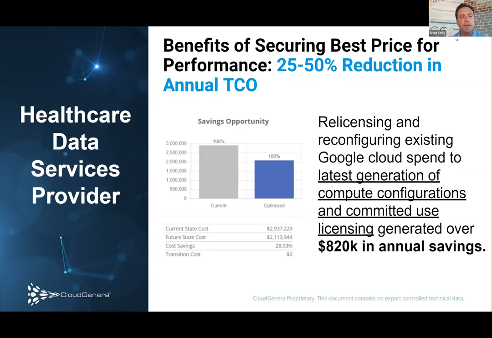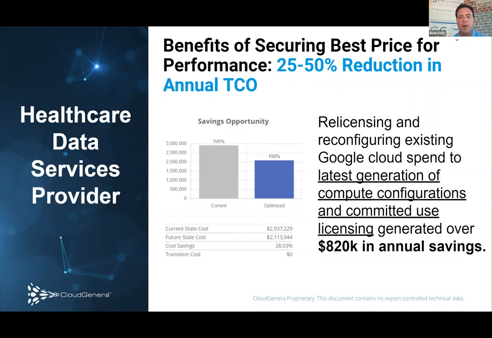This particular company is a healthcare data services provider, so they're an exchange of healthcare information. For this particular client, already running in cloud, relicensing and reconfiguring their existing deployment to take advantage of the latest generation of compute configurations and to identify where committed use licensing would provide a benefit, generated over $820,000 in annual